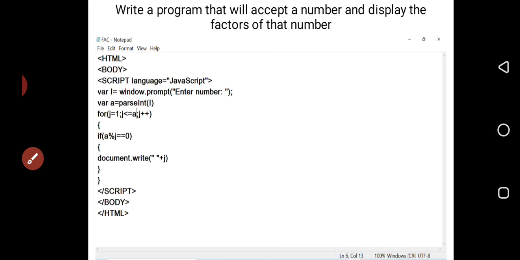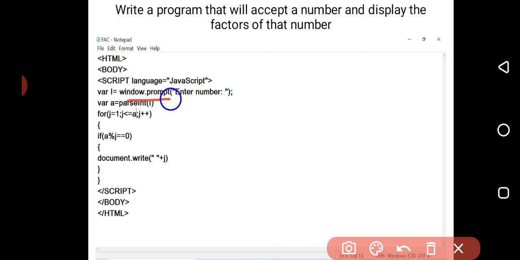Fine. User has given, but as we know, with window.prompt, whatever numbers we are accepting, that is accepted as a string. It may be 8 that you have accepted, but you cannot do any mathematical operation with that; this symbol is treated as a string.